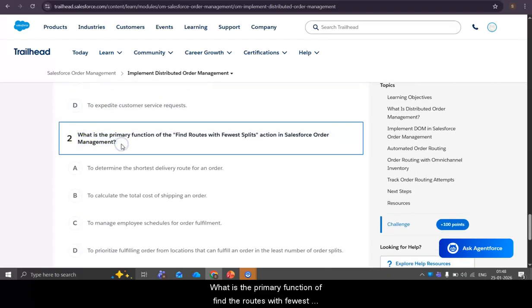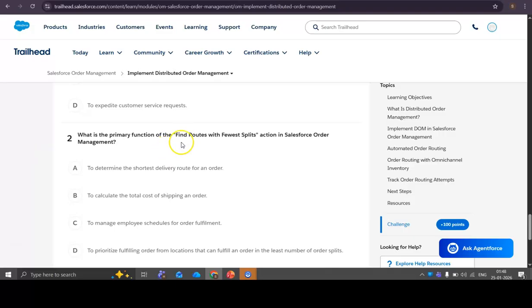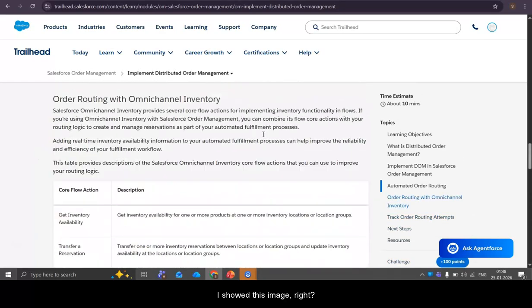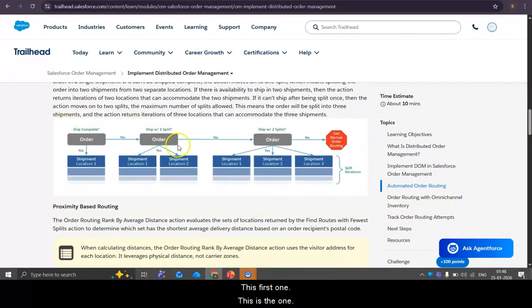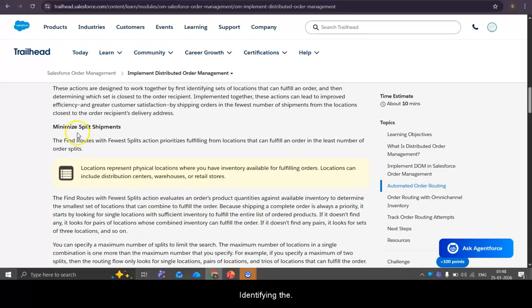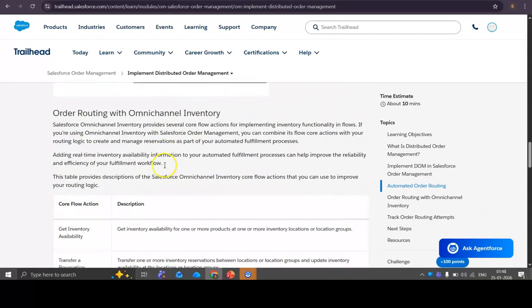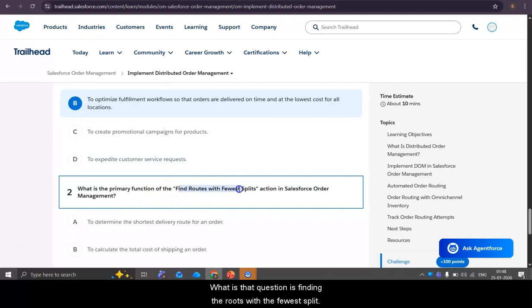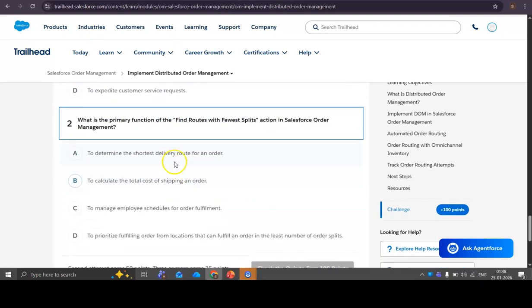What is the primary function of the find routes with fewest splits action in Salesforce order management? What is this find routes with fewest splits? I showed this image, right? This first one. This is nothing but finding the routes with the fewest splits. So what is the primary function of it?